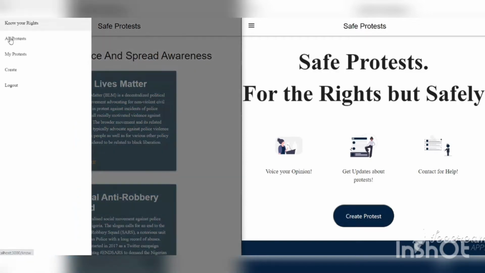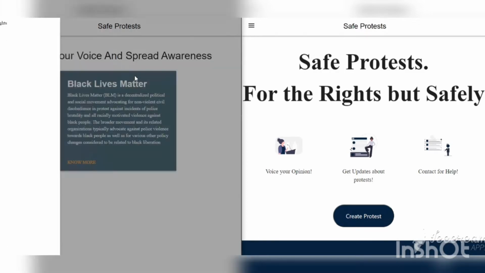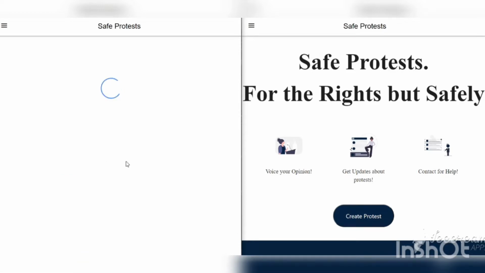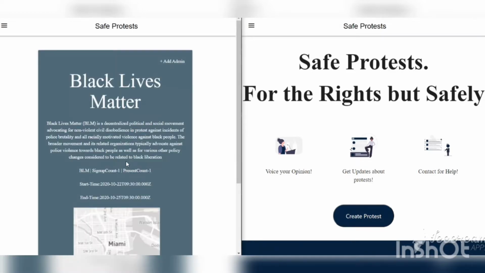If I now visit the My Protest section, I will be able to view those protests which I myself have created, and this is the only protest which I have created as of now and therefore is being displayed. In order to know more about a protest, you can always click the Know More button. On clicking the Know More button, we'll be taken to another page where we can view the protest in greater